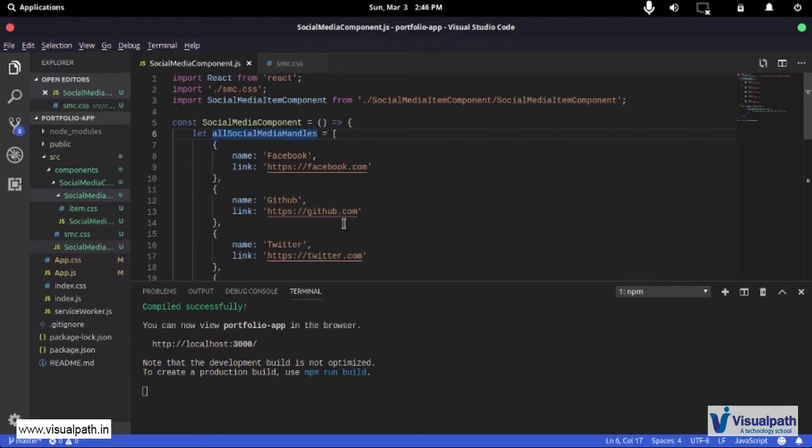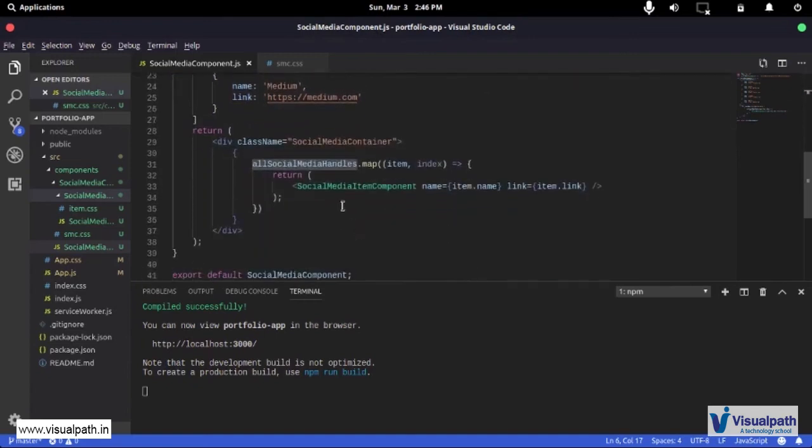Now your app is already deployed, right? You don't have to actually go ahead and change the code of your React app. What you can do is you can just add that Medium, so the name and the link, to your database, and next time a user comes on your website, the data is going to be fetched again from your server, and when that is done, it's going to get a refreshed set of data elements. Those refreshed data elements are going to show in the UI without you changing anything in the UI. So now the good thing is that your data is controlling the UI that is displayed.